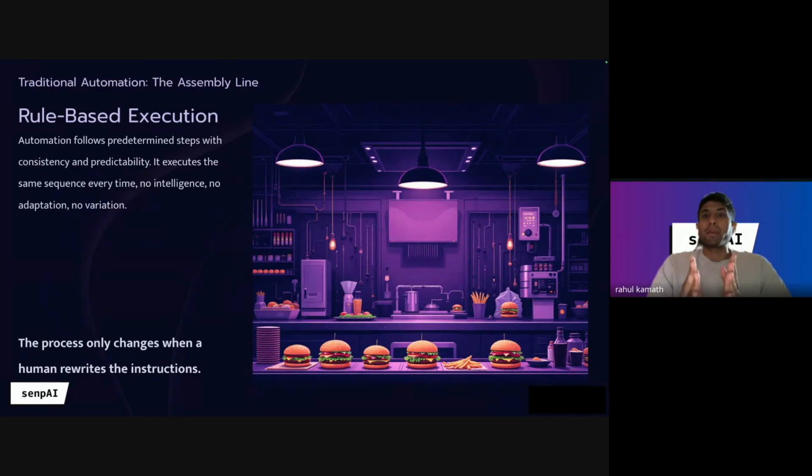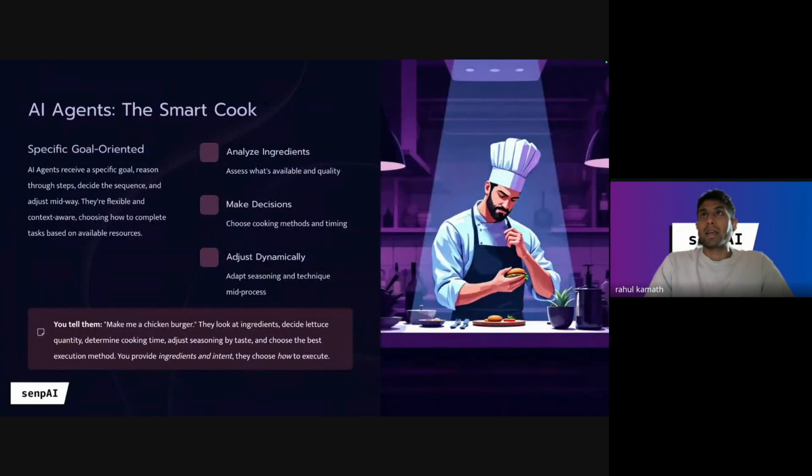And this is something which we've been doing for the last 20-30 years, right? Ever since automations have been in the industry. But now with AI agents, the automation gets a bit smarter. And here it is goal driven rather than process driven. So the goal is to have a good quality burger. So every time the AI agent determines what is the right quantity, right time of cooking of the burger.